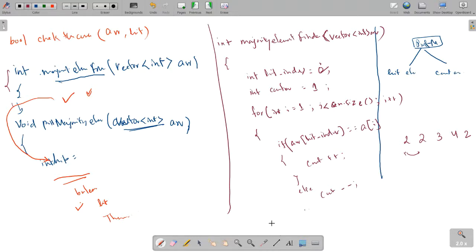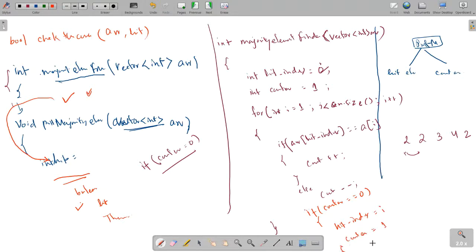And after that we have to put this check that I have already said, that you have to check if the counter is 0. If the counter is 0, it means we have considered the wrong provisionally or temporary majority element. We have to change the temporary majority element. So here we are going to consider if the counter is equal 0, then we are taking the hit index with the current index, which is i, and the counter will be 1.